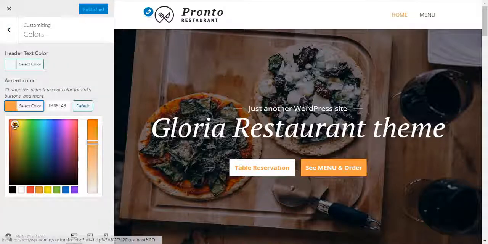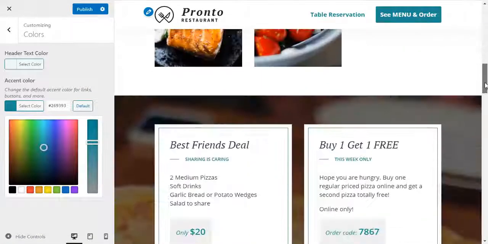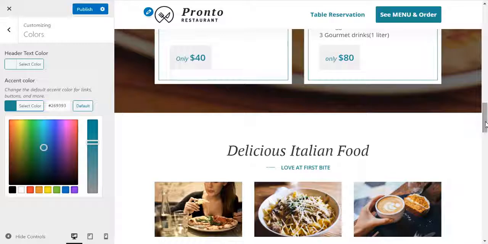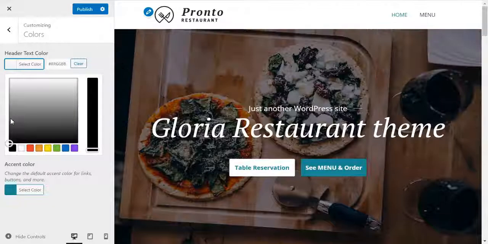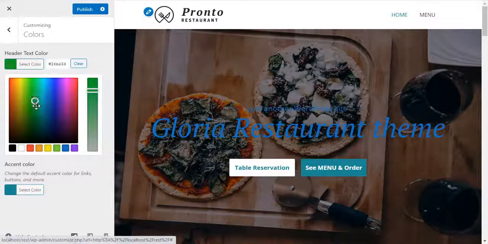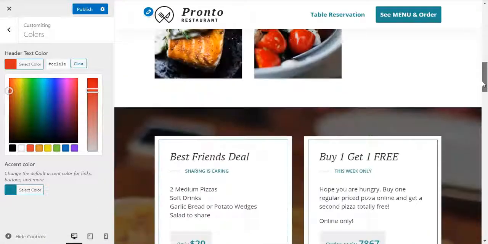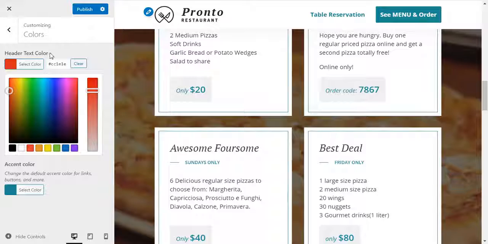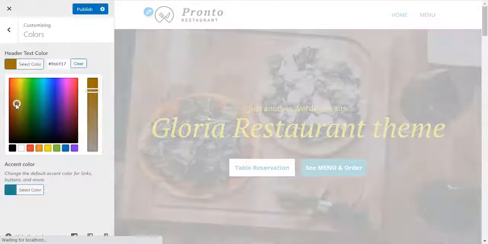You can change the color of the background of buttons, and where the yellow color was, you can change the default colors from here. Now, you can change the main heading text color from here. As you see, the color is red. I want to see that by changing this heading color all the text are changed or not.